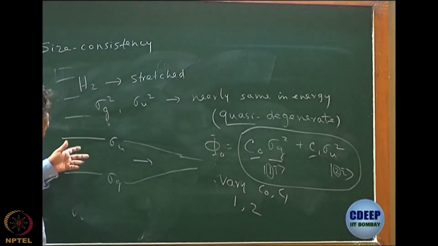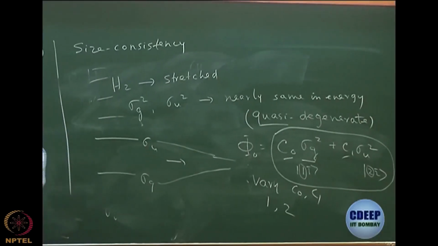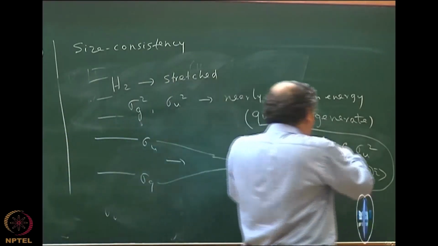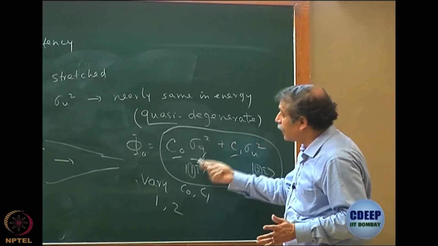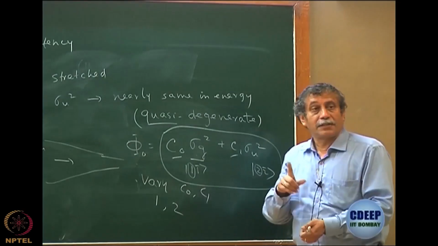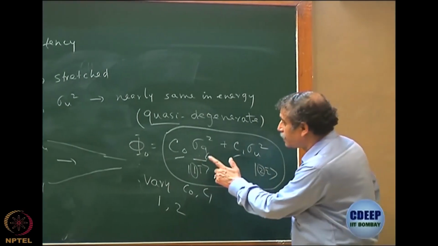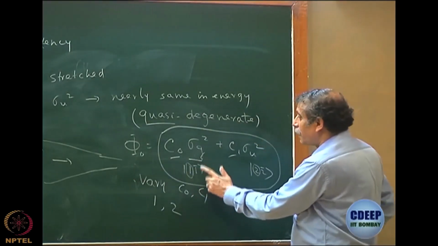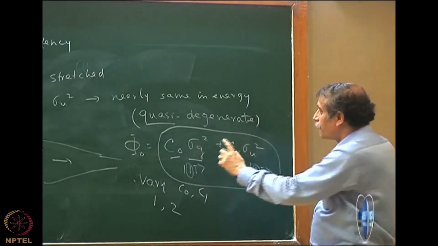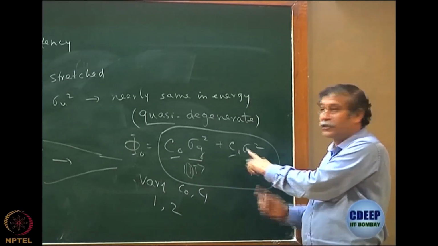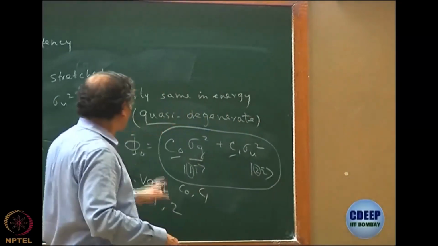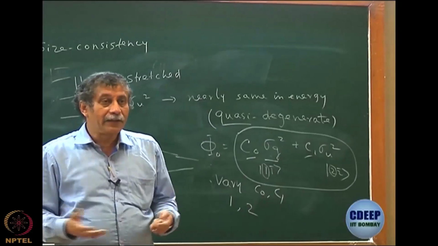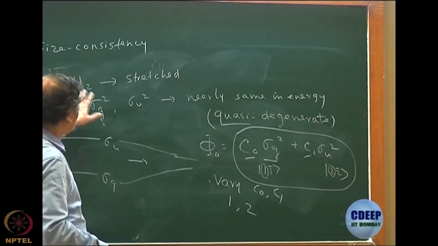Remember the sigma g and sigma u: normally when I do CI, I have taken them from a Hartree-Fock calculation and fixed them. But now what we are suggesting is that anyway this is an approximate calculation. Let's not just take Hartree-Fock 1 and 2, let's also try to re-optimize 1 and 2. The reason it will change is that now that we are optimizing the orbital 1, it is being optimized not just for sigma g square, that was the Hartree-Fock, but in the presence of another determinant. So, there will be a coupling term, and because of that the orbital 1 will change. Similarly, orbital 2 will change, and the coefficients will change of course when I vary. So, it is a very complex problem, and this is exactly what is MCSCF,